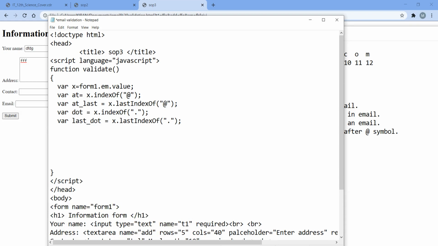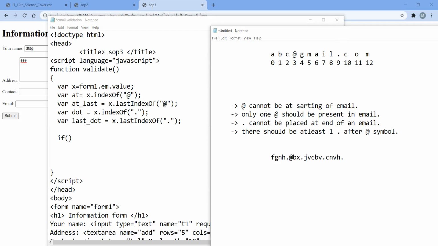Now we are going to write the conditions to check whether the email address is valid or not. For that we are going to use our if statement. Let's check the first condition: @ cannot be present at the start of the email. How do we identify whether the @ symbol is present at the start of an email? Whenever we have a string, the starting symbol always has index 0.